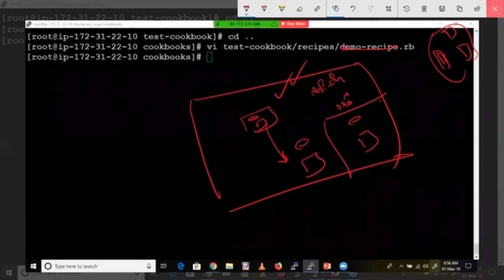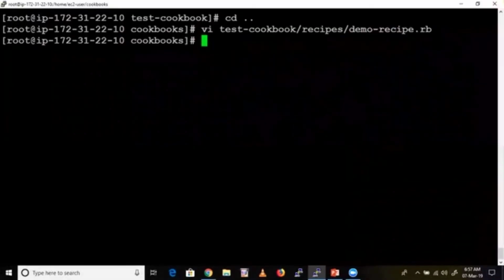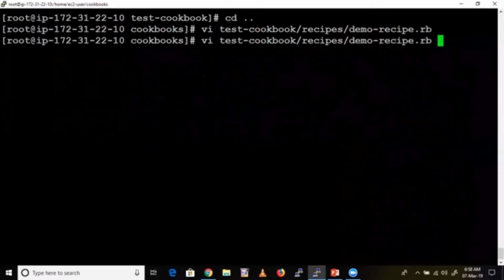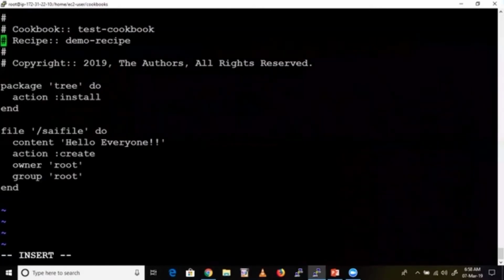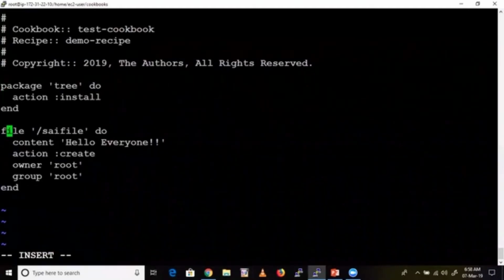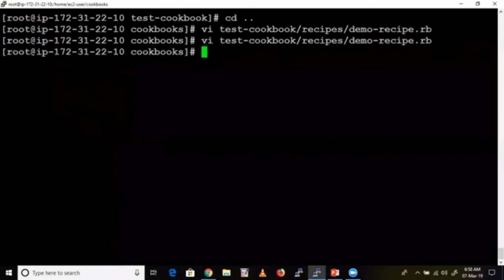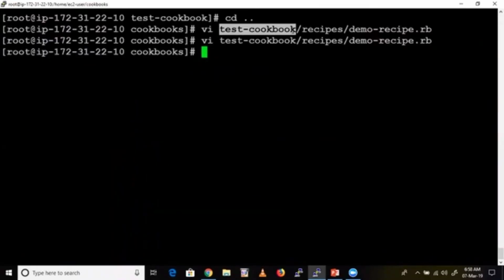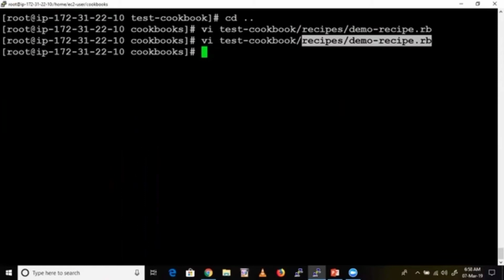Understood? Sai, I have one question. Yes. Can you edit this recipe file inside the cookbook? Yeah, see here, open this one again and edit whatever you want. If you want to edit, for example, you are outside the cookbook directory. Inside, you created one main cookbook directory, right? Test. This is the cookbook. You can edit, yeah, you can go inside the cookbook as well. Yeah, that's what the path is. That's it. You need to give the path.